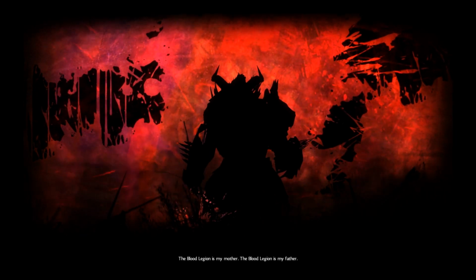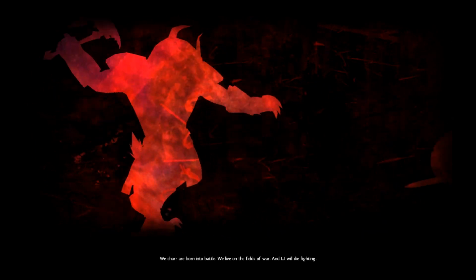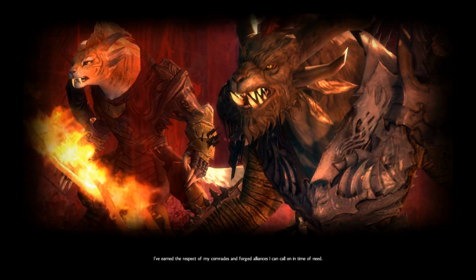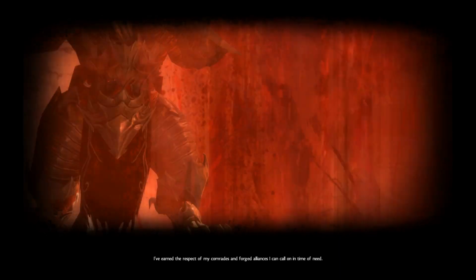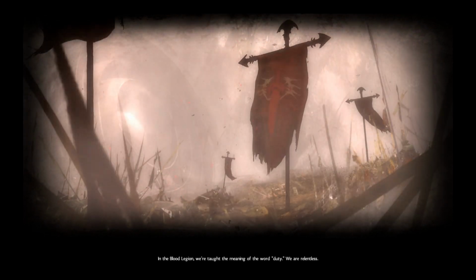The Blood Legion is my mother. The Blood Legion is my father. We Charr are born into battle. We live on the fields of war, and I will die fighting. I'm a soldier, a ground pounder, frontline infantry. I face the enemy head on. I've earned the respect of my comrades, and forged alliances I can call on in time of need. In the Blood Legion, we're taught the meaning of the word duty. We are